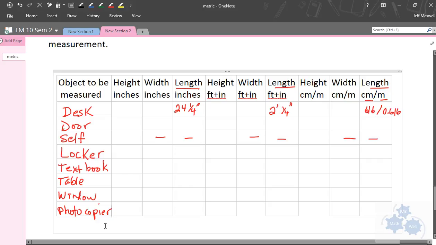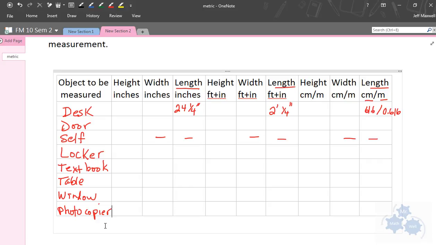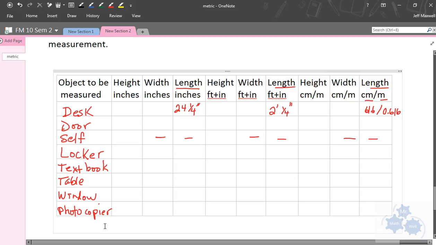I want you to work in pairs, and I want you to each make sure you each take measurements. Take turns doing all the duties. Each of you needs to fill out the chart, so it's not just one per group, it's each person. So if we can get into groups, you can go ahead and